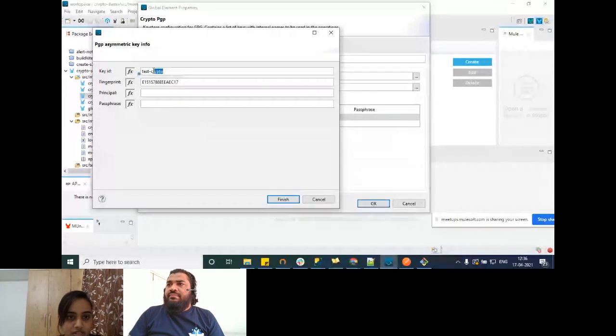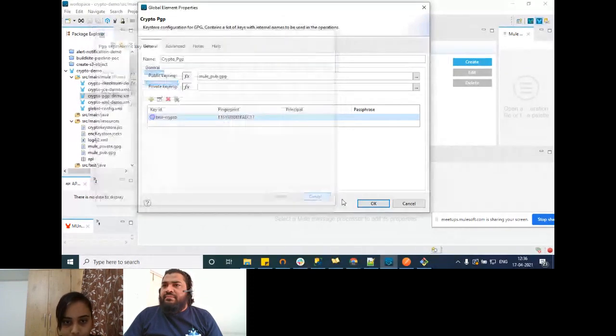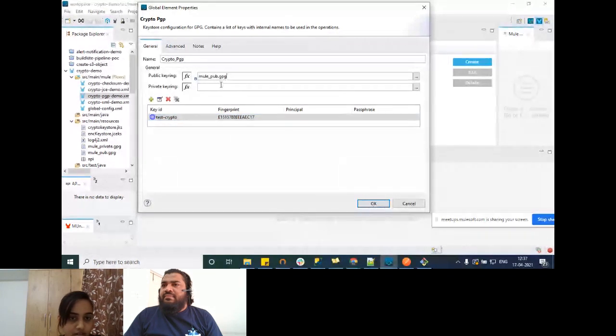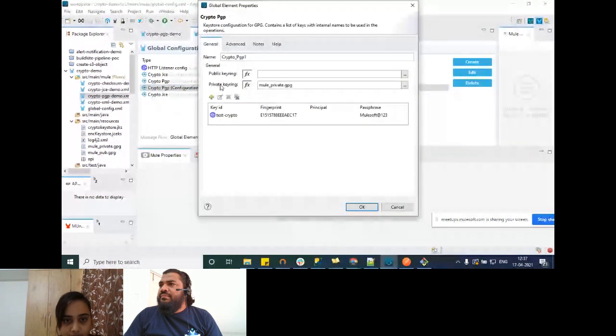Okay. So I'll show you what I've used for my application. The key ID which I've used is test crypto, and the fingerprint is the one generated by creating the key. So that's it. We just need to mention the public and private key files over here and the key IDs. We need to create a key ID for our application. Similarly for decrypt, I've just mentioned the private key, and the same key ID since we'll be using the same key for decrypting the message. As I mentioned, I've added the passphrase over here for decryption purposes.